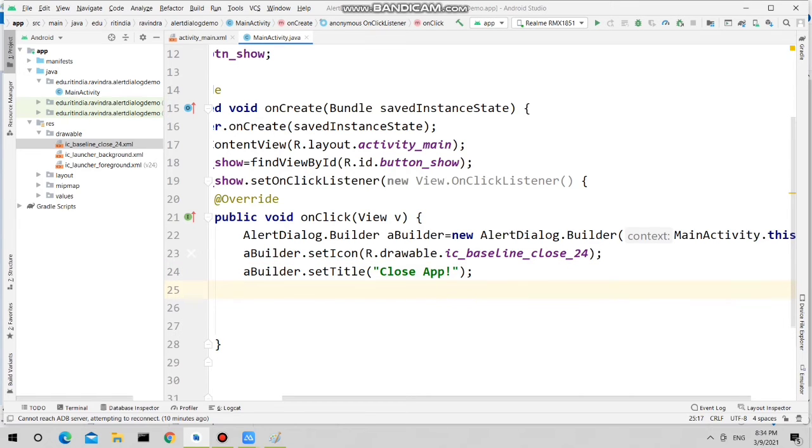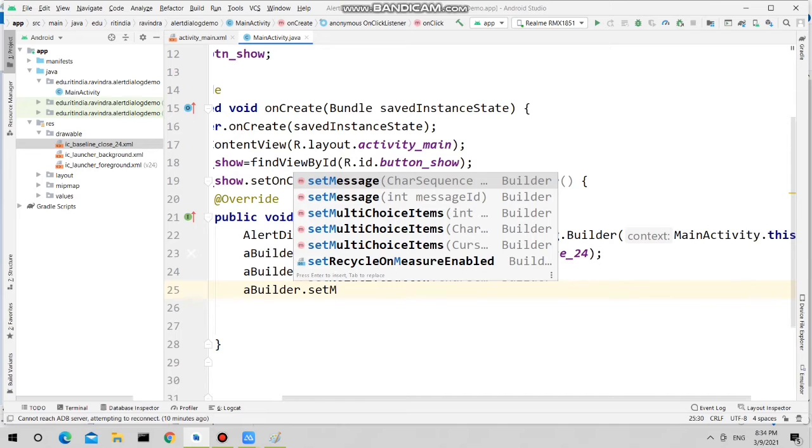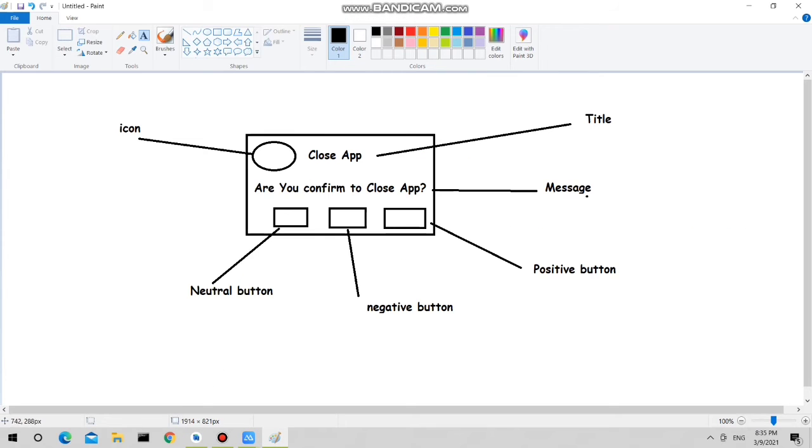Next thing is, you need to set the description. So alert builder dot set message, the description, a detailed message. I'm mentioning, are you sure to close app? Okay, so we have given this message.